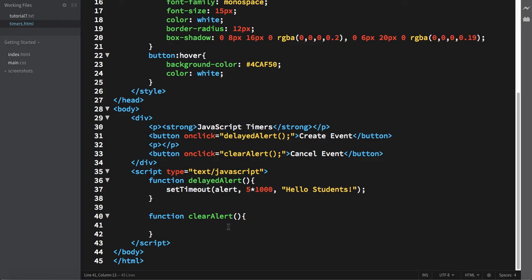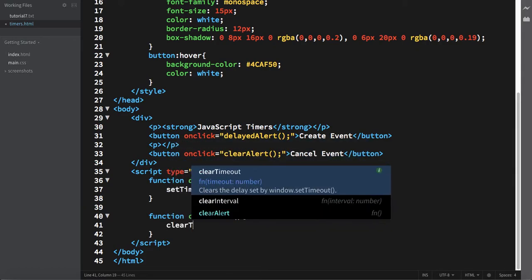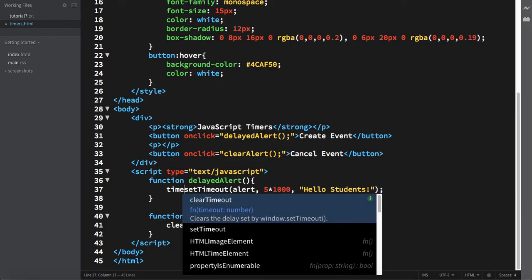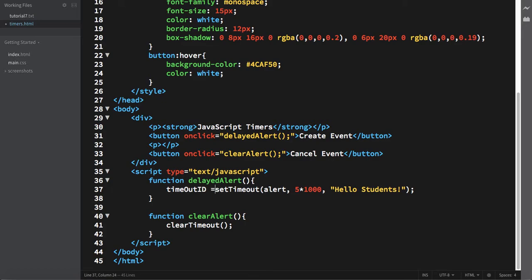So how to clear this alert now? You can do clear timeout, and here you need to provide an id. So what is that id? From where do you get that id? We already discussed that there is a timeout id, and we need to use this id here.